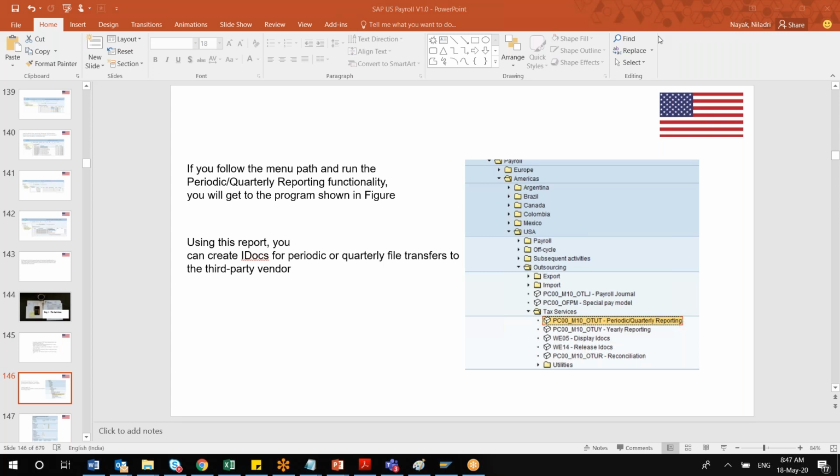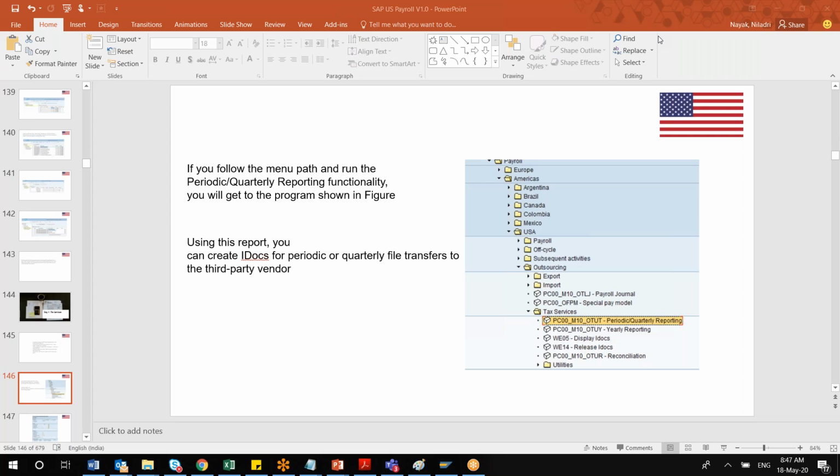This is for periodic or quarterly reporting, and there is another transaction for yearly reporting. What you usually do is it generally creates an IDOC. I have already discussed IDOC when I was discussing EC payroll. Anyway, IDOC will come into the picture whenever we discuss finance integration, and I'll go into detail of that. IDOC, as I was mentioning, is nothing but an intermediate document.